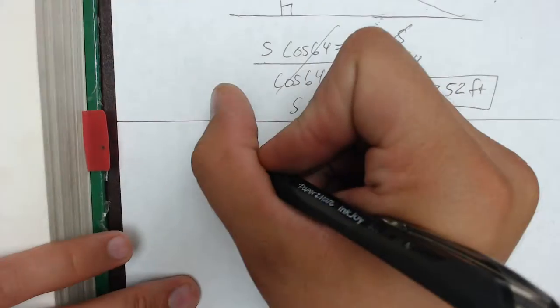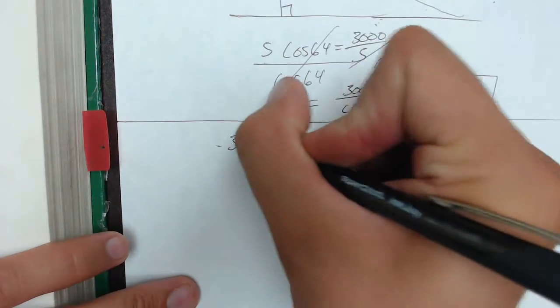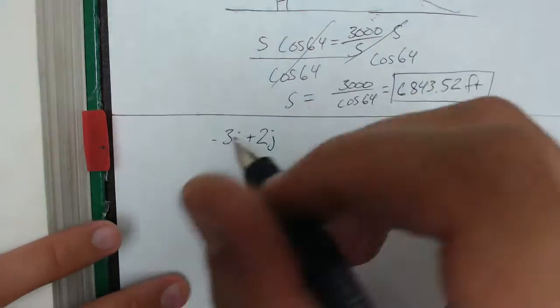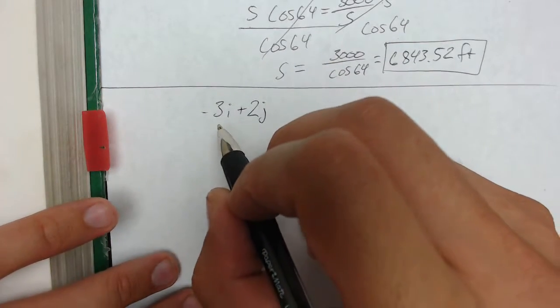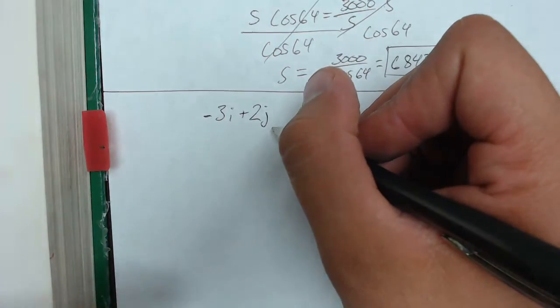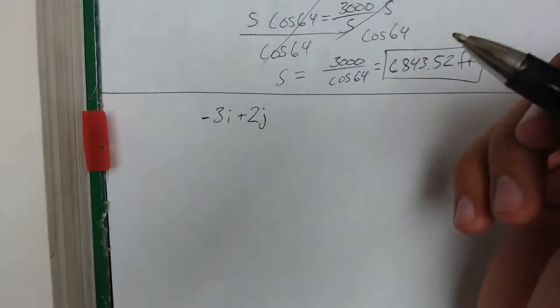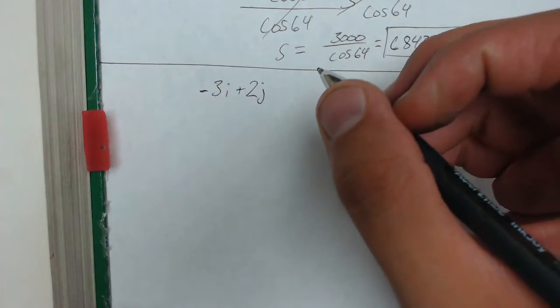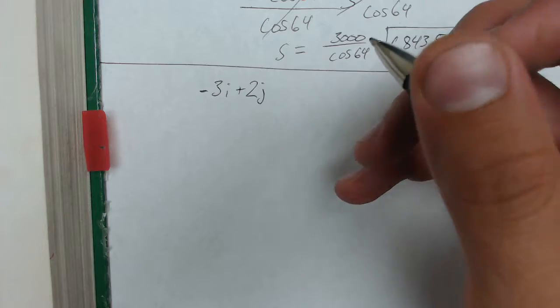We have the rectangular coordinates negative 3i plus 2j. I and j are just fancy ways of saying x and y, i being the x-axis, j being the y-axis. They'll always go xy format. So to convert this to polar form, we have to express it in the vector length and the degree